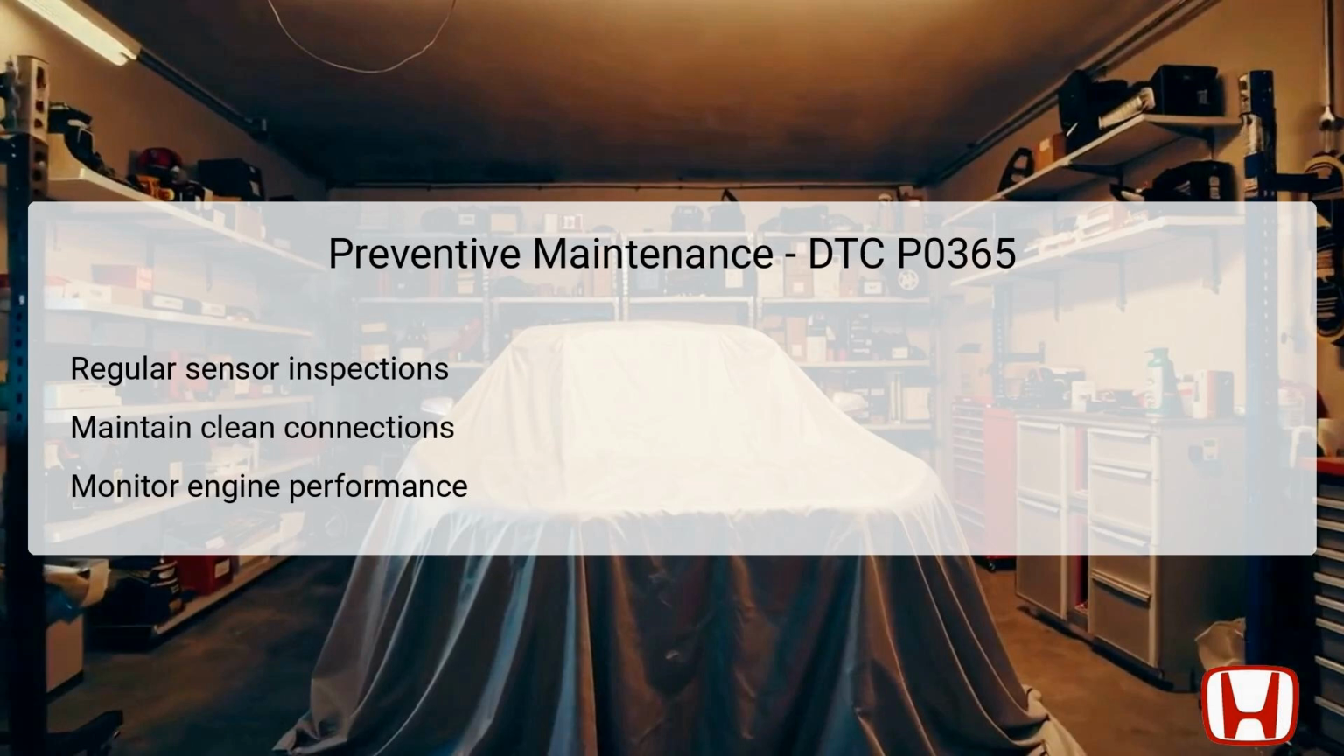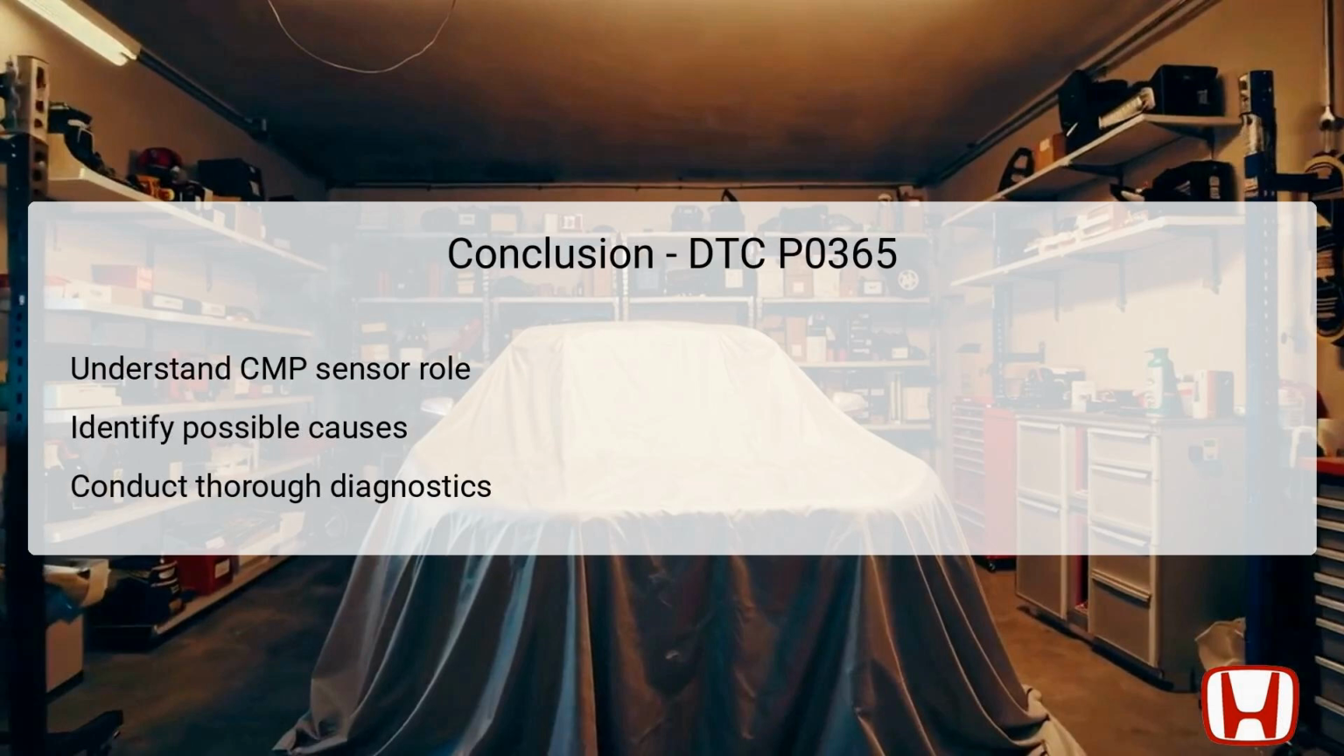In conclusion, understanding the role of the Camshaft Position sensor B is crucial for diagnosing DTC P0365 effectively. The sensor is integral for fuel injection timing, and any failure can lead to significant engine performance problems. By identifying the various possible causes, such as wiring issues or sensor malfunctions, you position yourself to conduct thorough diagnostics